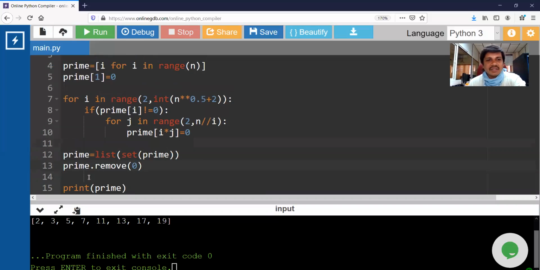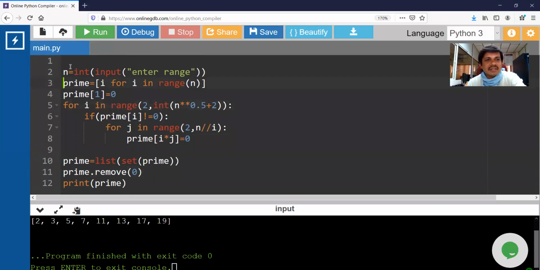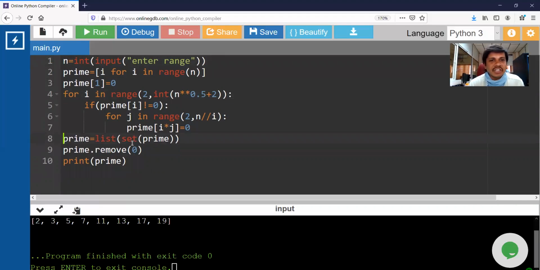Just to remove that element. Or you can remove here itself. Okay. How many lines? Just 11 lines, not even 11, 10 lines. Within 10 lines, we have concluded this program to print a range of prime numbers.